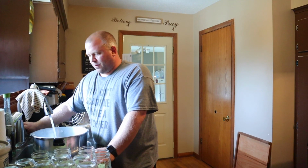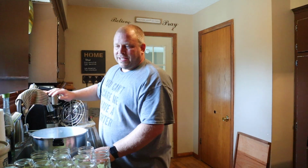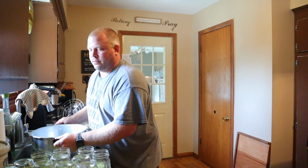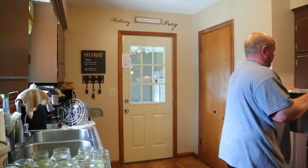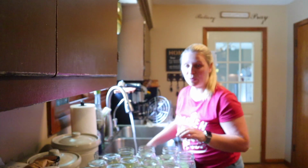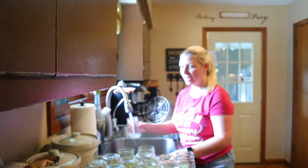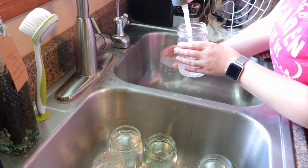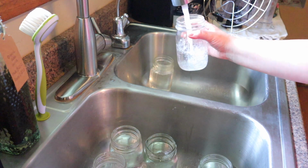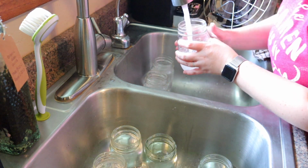So it's a water bath recipe that we're doing to get them all done, so we're not doing this all night. We're using our canner as a water bath also. What we usually do is we've got our jars already all cleaned and washed, and I like to just keep hot water, our tap water is extremely hot, in the jars until we are ready to put the hot sauce in there. We've got the sauce in the roaster pan cooking,